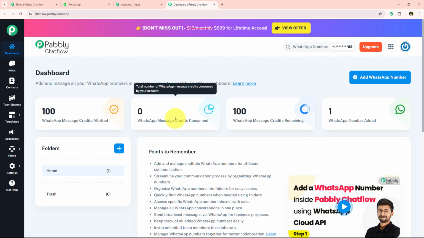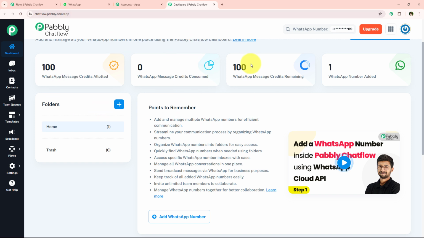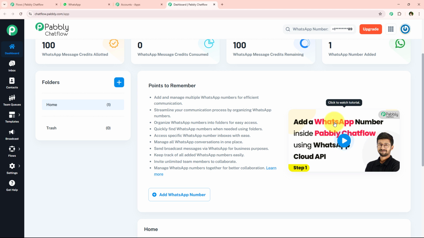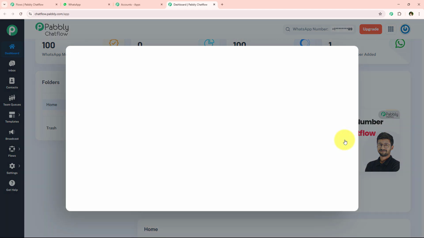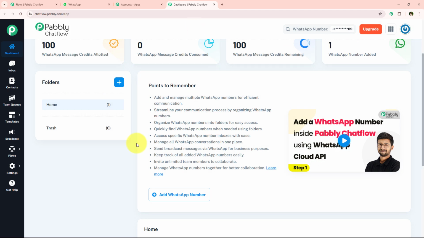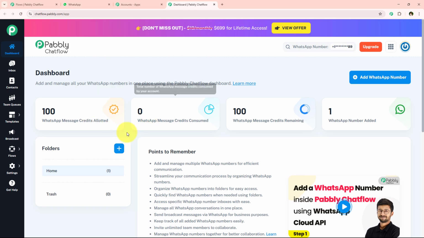And in order to learn how to create a WhatsApp Cloud API setup and add a WhatsApp number inside Pabbly Chatflow, you can refer to the tutorial which we have attached right over here. After watching this tutorial, you will know how to add a WhatsApp number inside Pabbly Chatflow using WhatsApp Cloud API, or how to create a WhatsApp Cloud API account and connect with Pabbly Chatflow. And now after watching this tutorial, if you still have any questions, you can simply reach out to us at